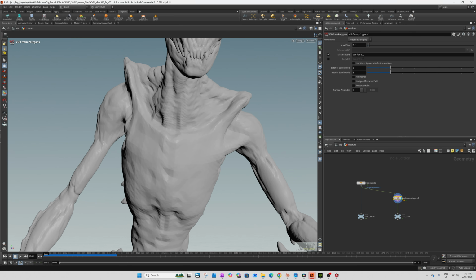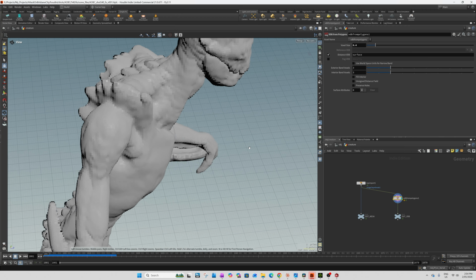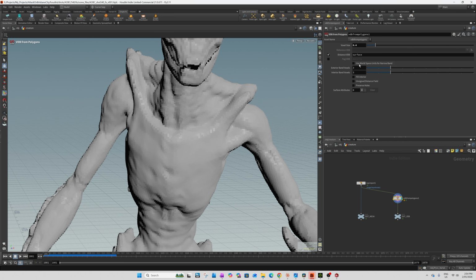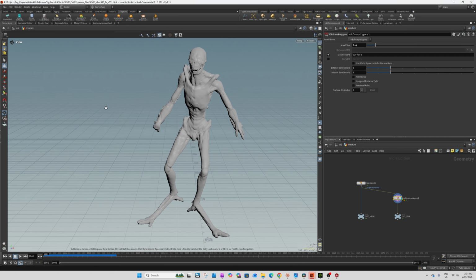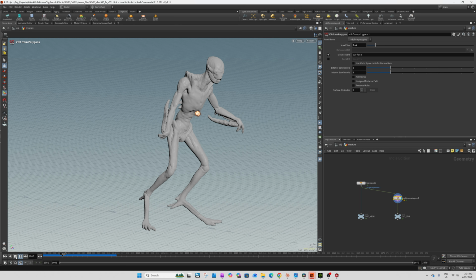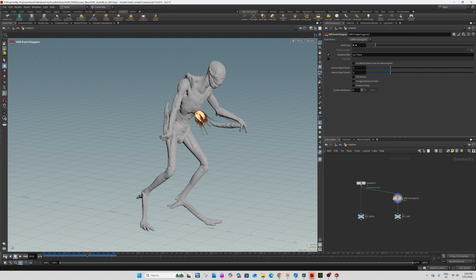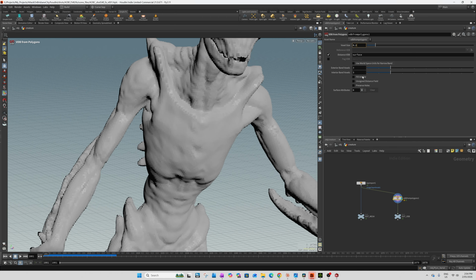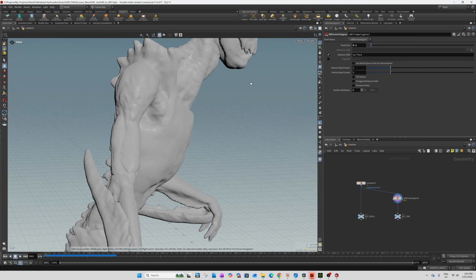That actually looks pretty good. If we bump it up, you can see. I'm not sure if we need to fill interior. I'll just leave it off for now. But this is now good for adding to the simulation. So I'll just bring that back to 1 because that looked really good.